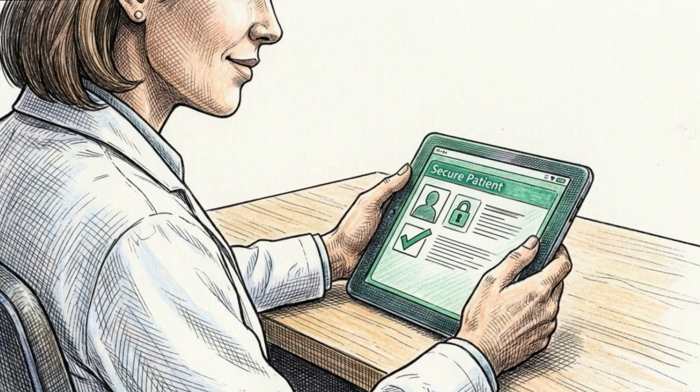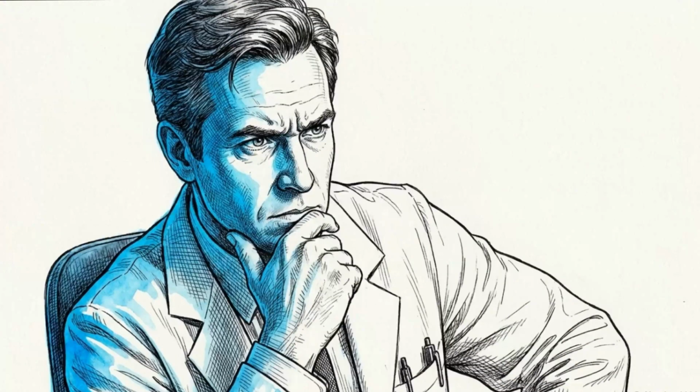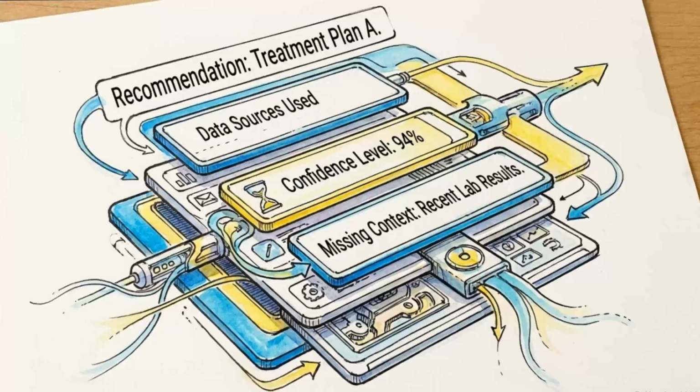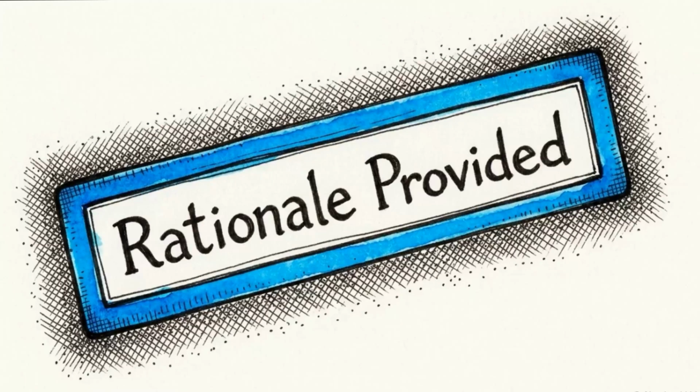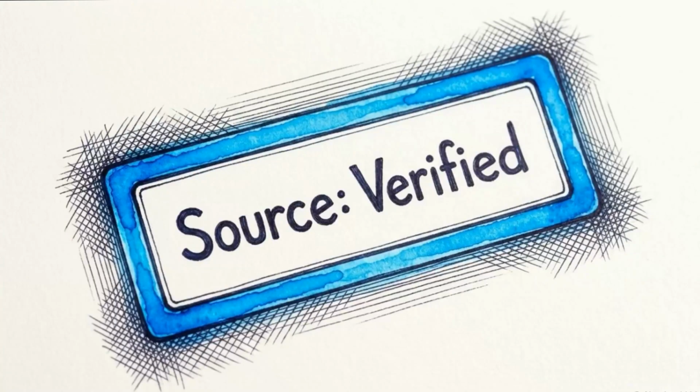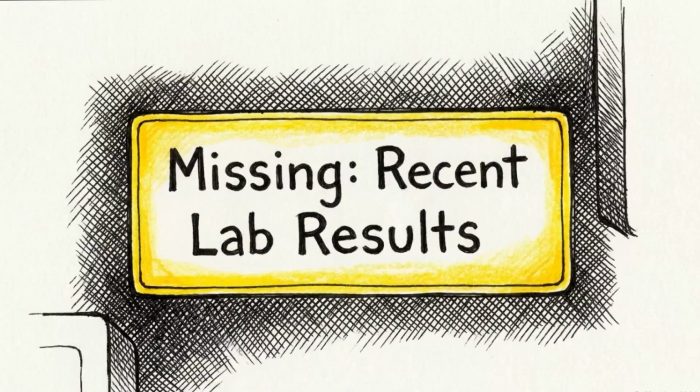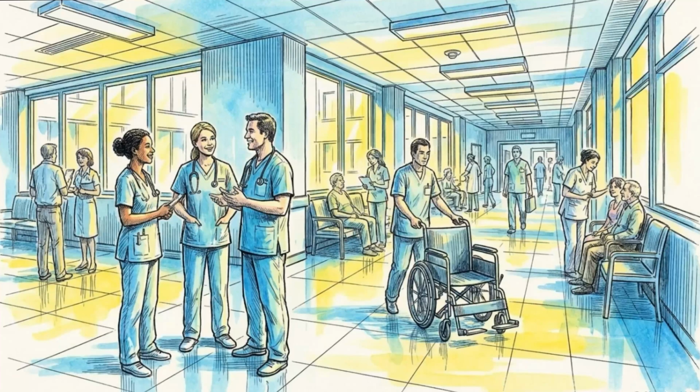Strict, continuous governance transforms raw, disparate data into a trustworthy asset capable of safely powering national-scale AI. Clinicians require the reasoning behind an AI recommendation to make an informed decision. As you can see in this interface, modern AI must be able to answer specific questions transparently. Why was this recommendation made? Which data sources were used? What context is missing? This level of architectural explainability is the prerequisite for widespread clinician adoption and restoring trust across